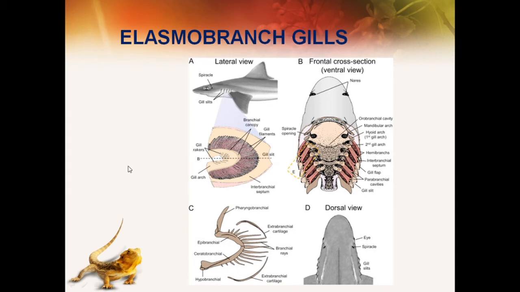Each set forms a half gill called a hemibranch or demibranch, while both sets along with the interbranchial septum form a complete gill known as a holobranch gill. The posterior demibranch of each septum has fewer gill lamellae than the anterior demibranch. Thus, each gill pouch has two demibranchs of two gills, that is the posterior demibranch of the anterior gill present at the anterior side of the pouch, while the anterior demibranch of the posterior gill lies on the posterior face of the pouch.